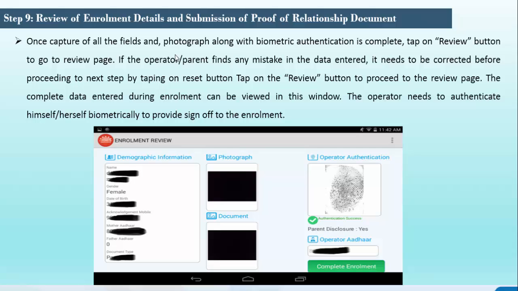Just enable the operator authentication box, the white color box in the screen, then a single fingerprint device will be enabled for authentication. Then you can give any one finger of the operator, then you can complete the authentication. So you will get the authentication success message also in the below authentication screen. Then you can complete the enrollment using the complete enrollment button in the enrollment review screen.